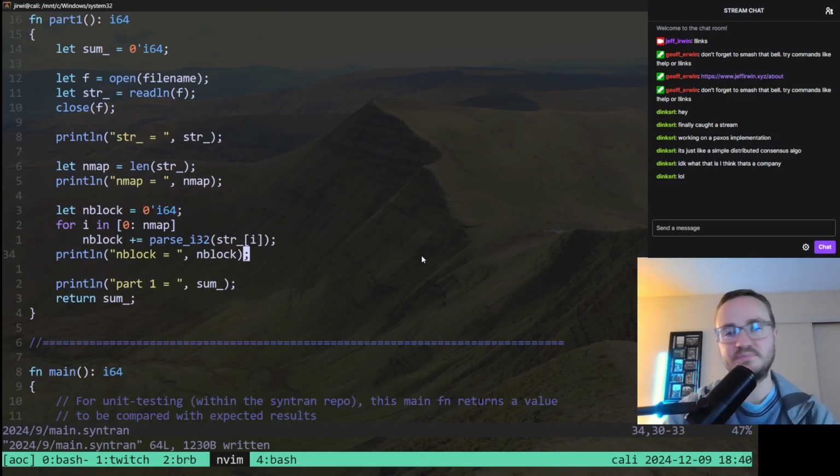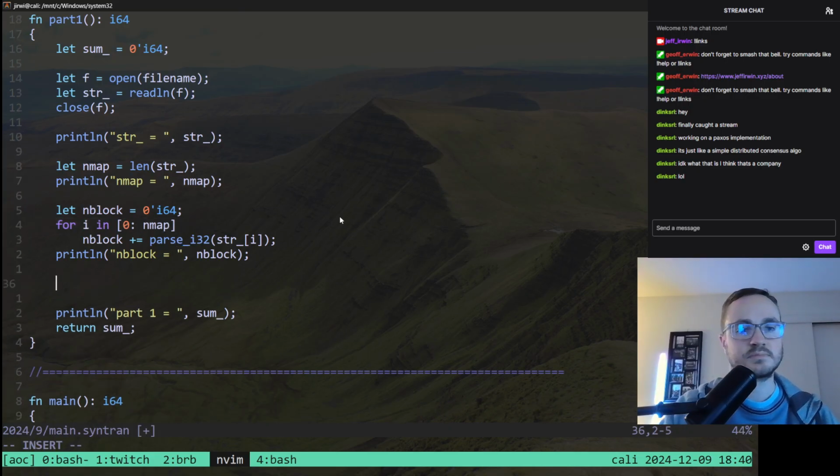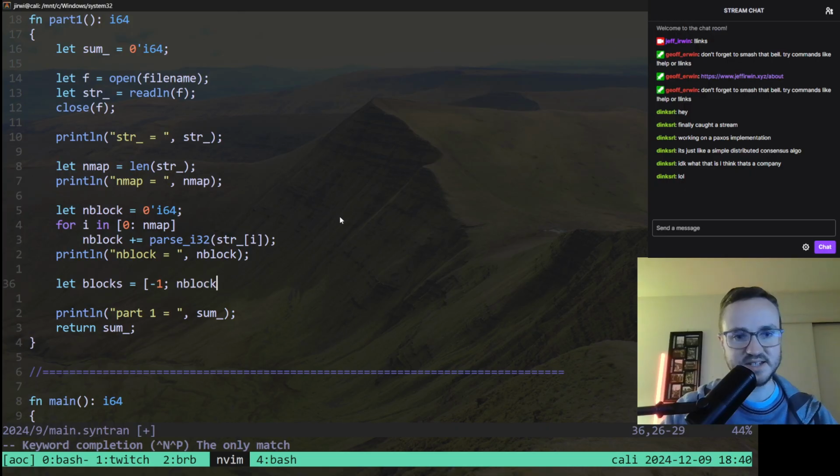How do I do that? I have already parsed. I think I have to sum up n block before I allocate anything, so I think I kind of need to do a second pass like this. So let's have blocks. I'll initialize it to -1 because that's going to be my free space sentinel value. Learned a new word there. Size n block. And then